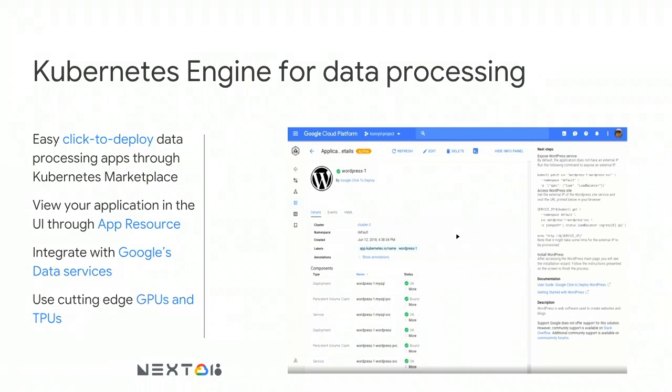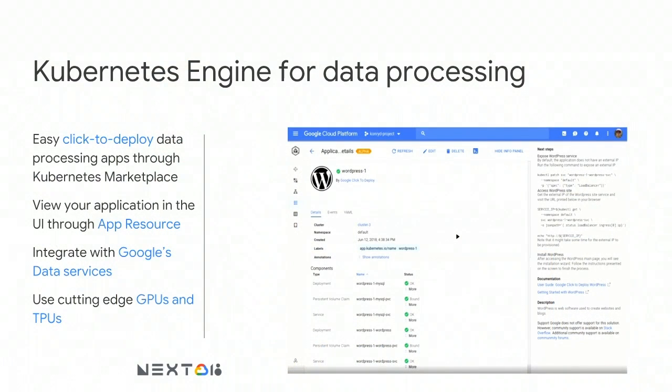Now I'll talk about how Google Kubernetes Engine is providing some of the best tools and technologies to run those data processing workloads. We recently launched a marketplace called GCP Marketplace and recently launched the Kubernetes section within it. So what that means is now the GCP Marketplace has native integration into GKE. You can click to deploy stateful applications on GKE, view those applications on the UI as well as on your console. We made available first-party Google-developed solutions like Spark and Airflow to start with, as well as several third-party solutions